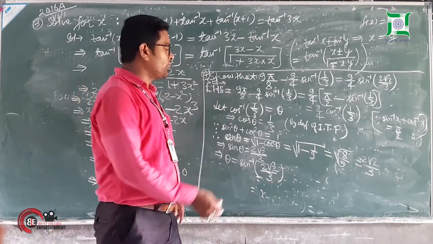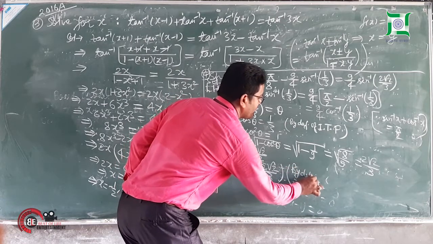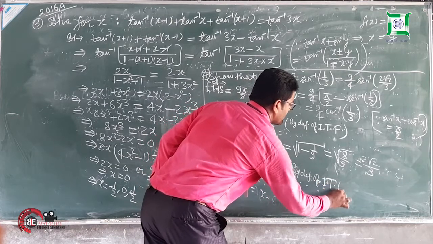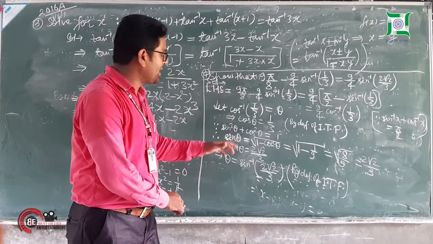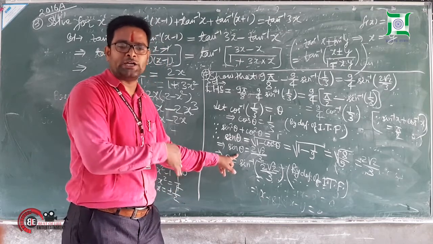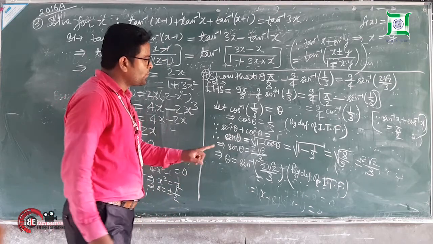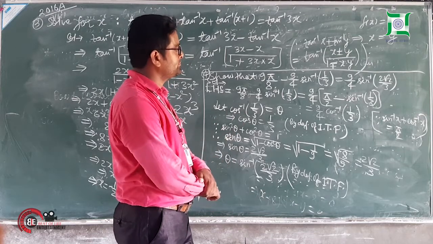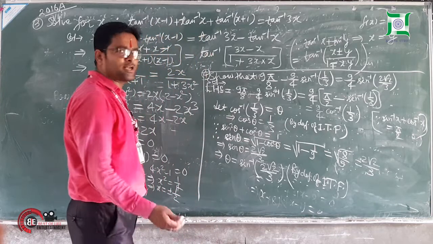Now see how it happened. You have to write here again, by definition of inverse trigonometric functions. By definition of inverse trigonometric functions, I have changed this trigonometric function of theta into an inverse trigonometric function. Now see, what is theta here? Here theta is cos inverse 1 by 3. That is that result. Clear? So we can write it directly.